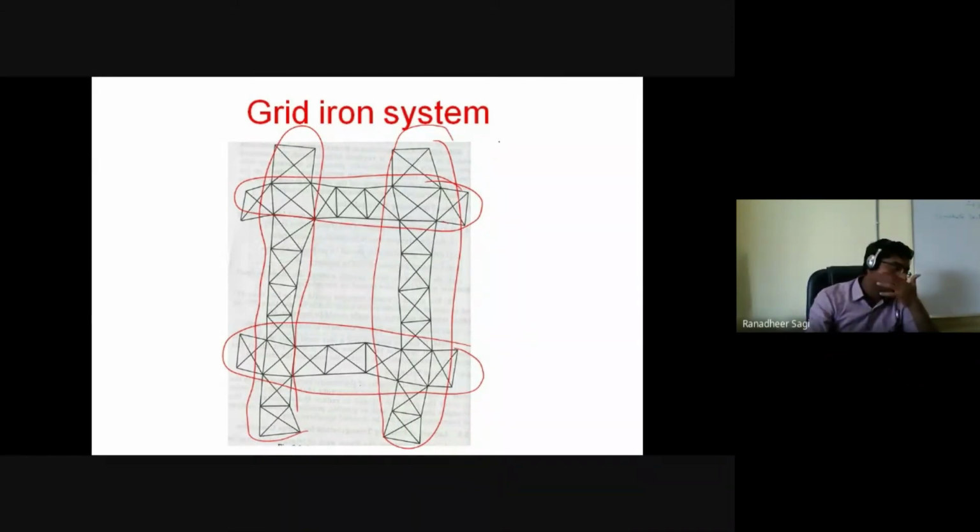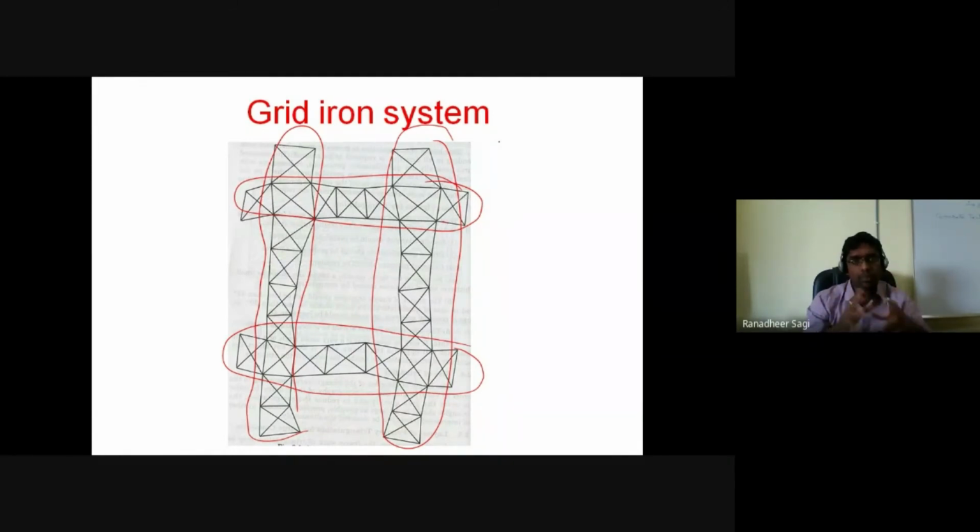In which particular places do we prefer to go for this gridiron system? Let's say, for example, I am trying to prepare a triangulation network for a country like India. The area of our country is relatively very big. So in such cases, we prefer to go for the gridiron system when compared to the centered system. What would happen in the case of a centered system? With respect to the center, I go on to locate your stations on all sides of that center. So this gridiron system is preferred, though it is a primary triangulation network.